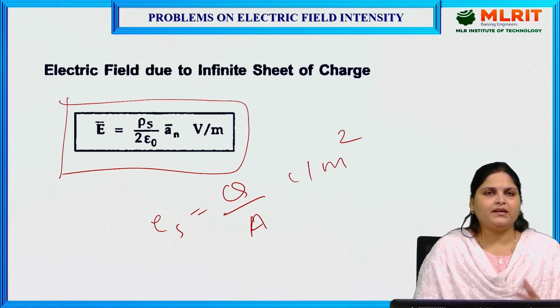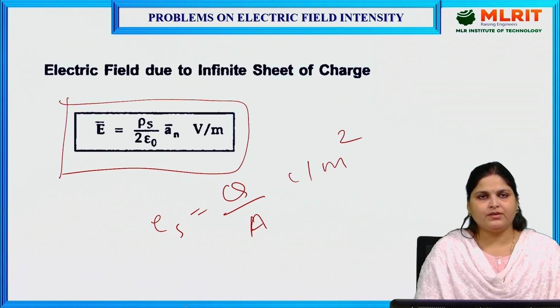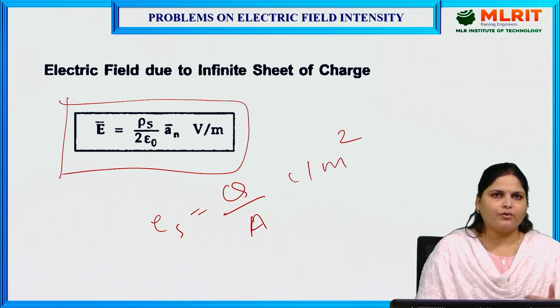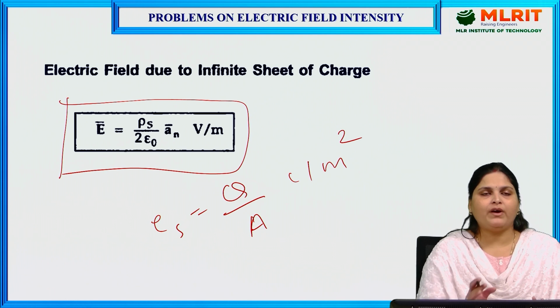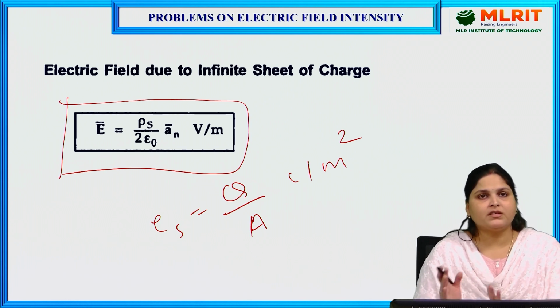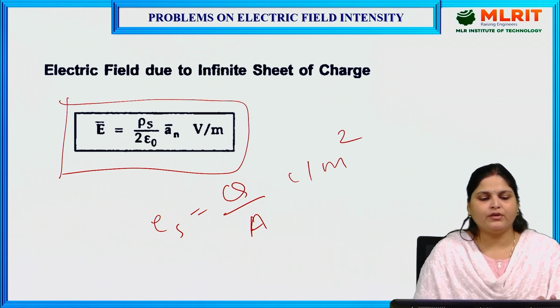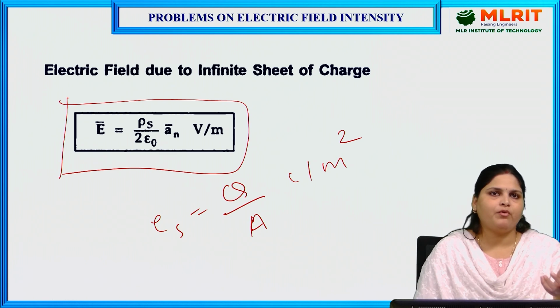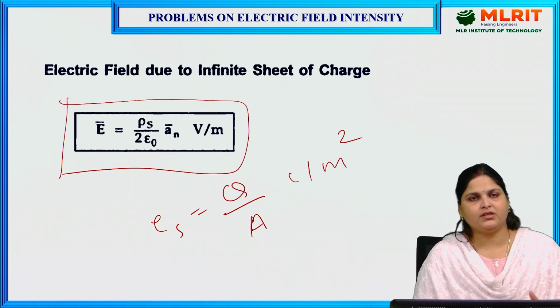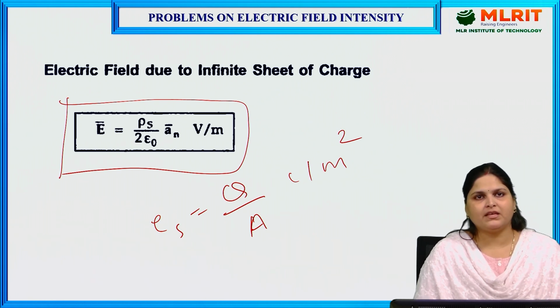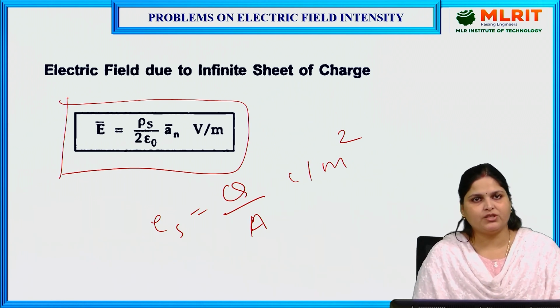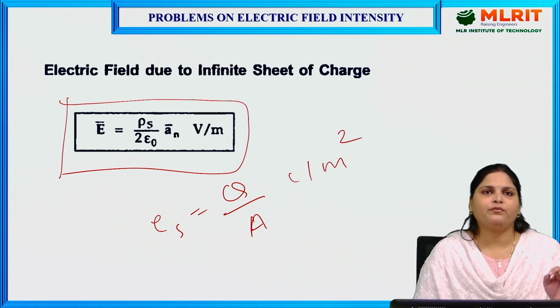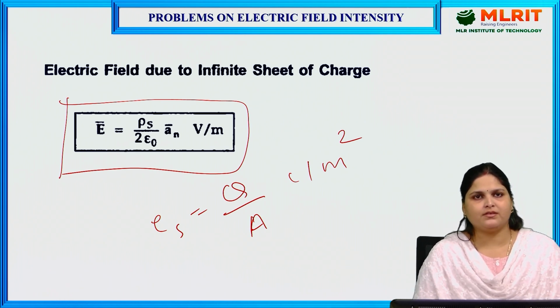Here we must understand how we find the direction. We don't have to calculate it in the case of a sheet of charge. We just need to find out whether it is in the positive or negative sense, so we show it only with a positive or negative sign. For example, plus AX direction, minus AX direction, plus AY, minus AY, plus AZ, minus AZ direction. And how will we do that? We can understand this in questions. So let's start.